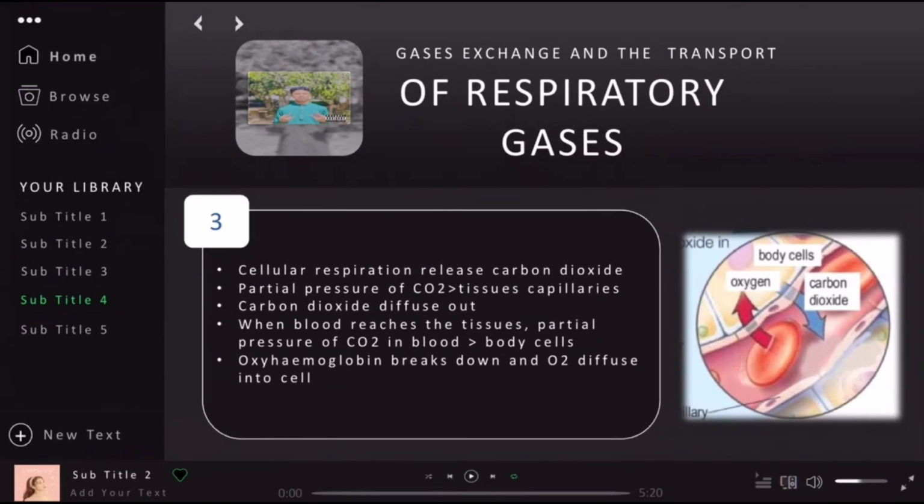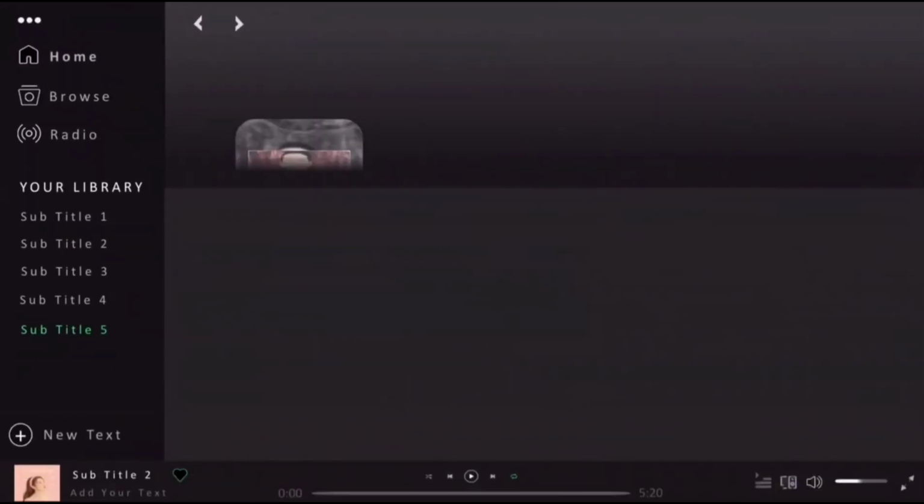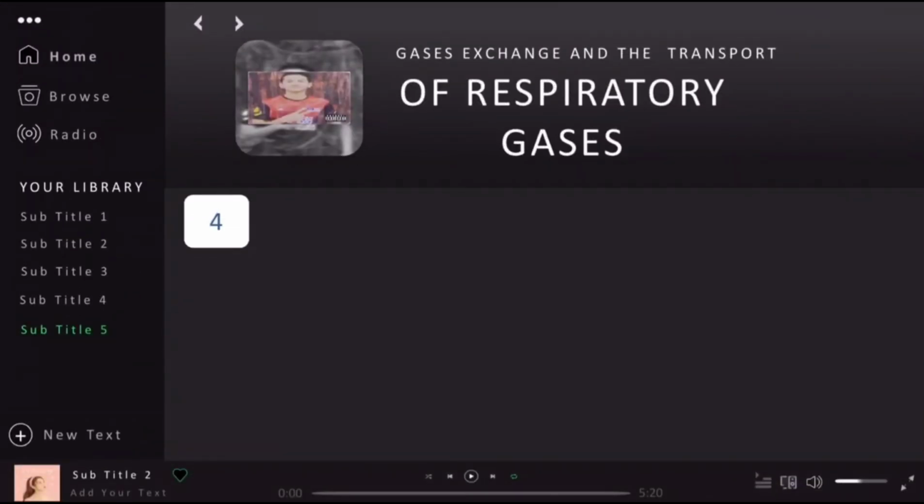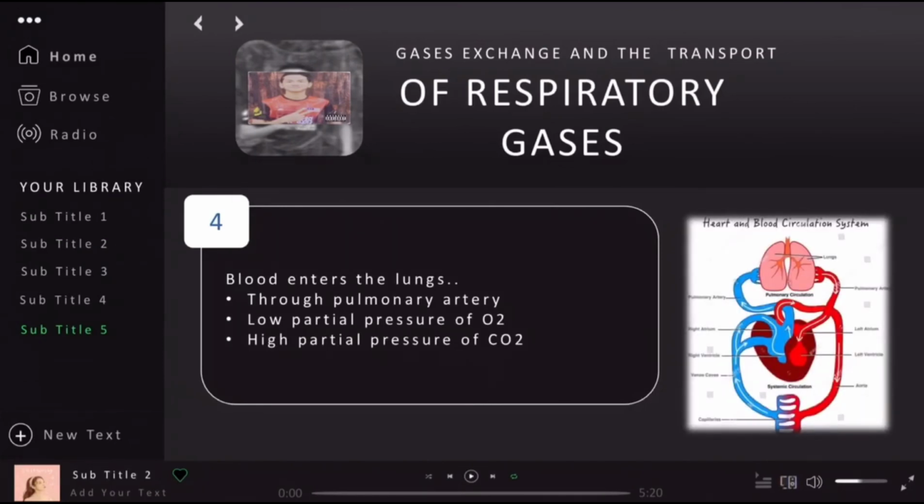When blood reaches the tissue through the tissue capillary, the partial pressure of oxygen in the blood is higher than that of the body cell. Because cellular respiration uses oxygen, oxyhemoglobin breaks down and oxygen diffuses from the tissue capillaries to the body cell. Blood that enters the lungs through the pulmonary artery has a low partial pressure of oxygen and a